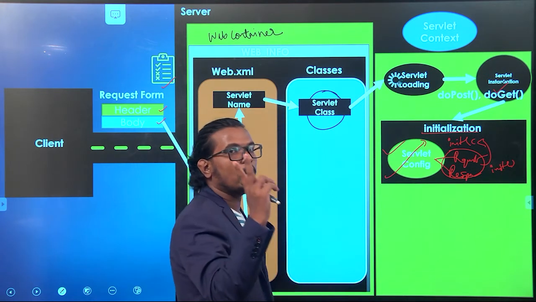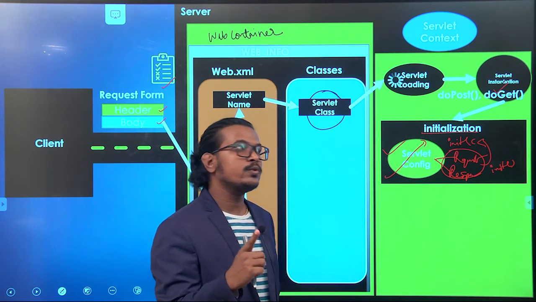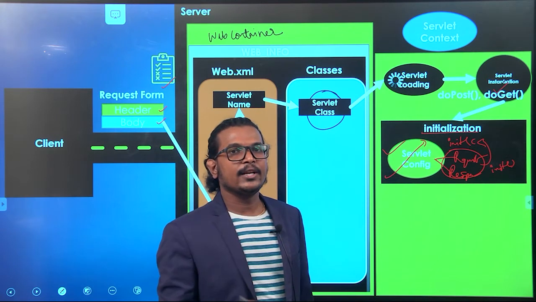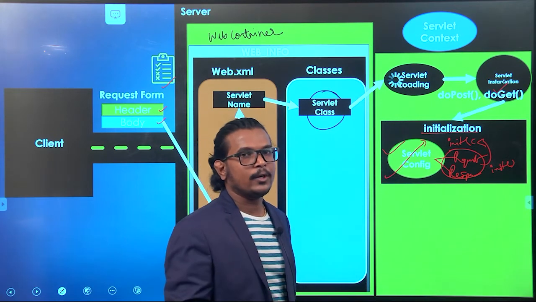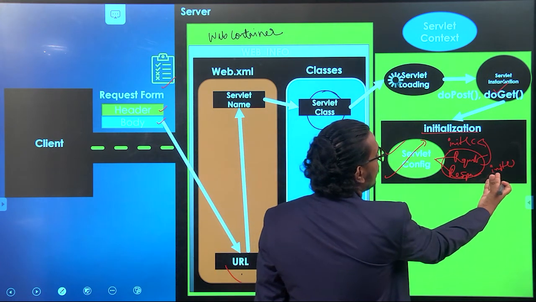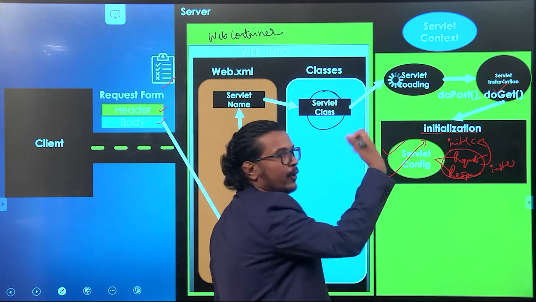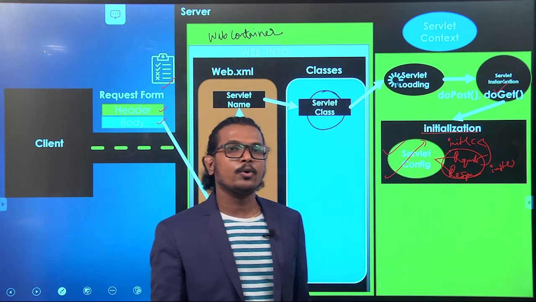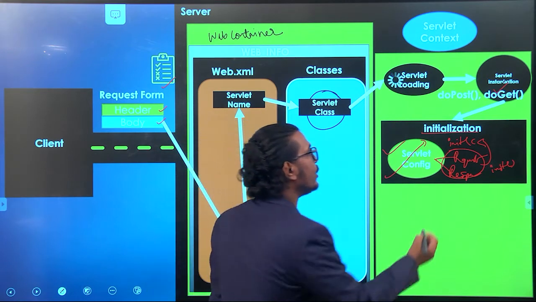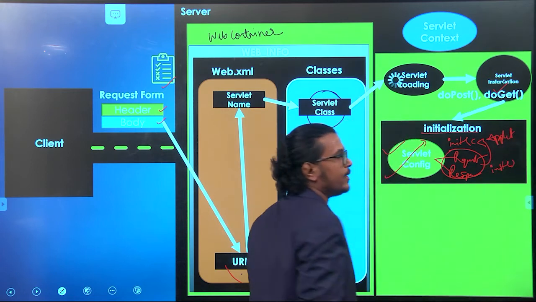So here we are calling two initialization methods. The first initialization method is used for configuring that particular servlet. The second initialization method we use for running that particular servlet. Once your configuration is done, we call the init method, and with the help of that init method we are executing our program, or our servlet. Clear? It is similar to your applet.